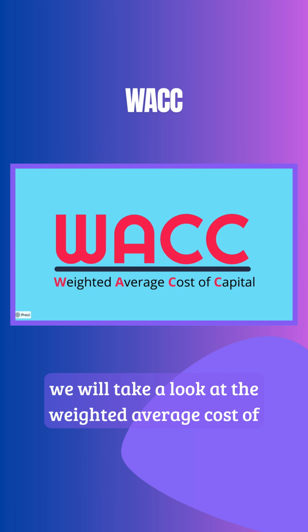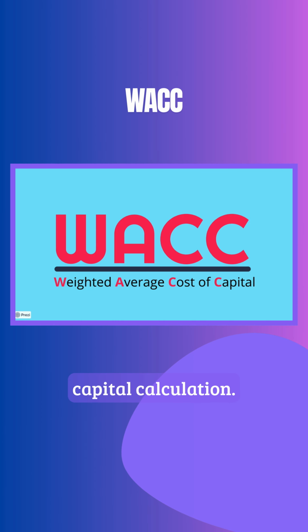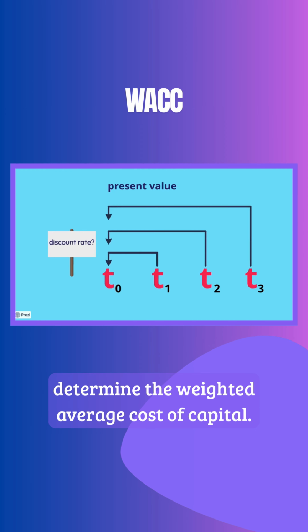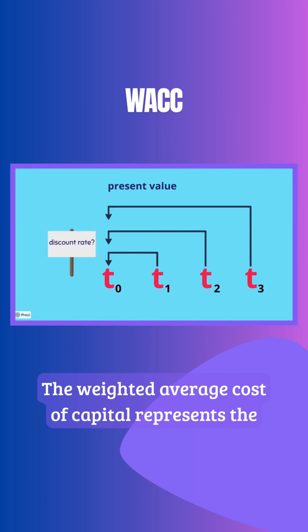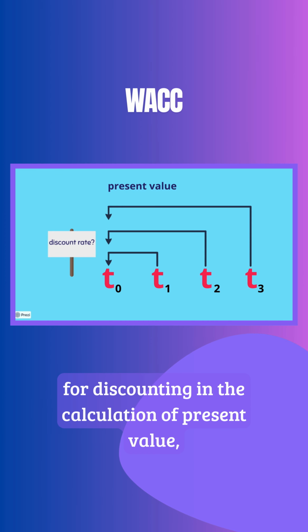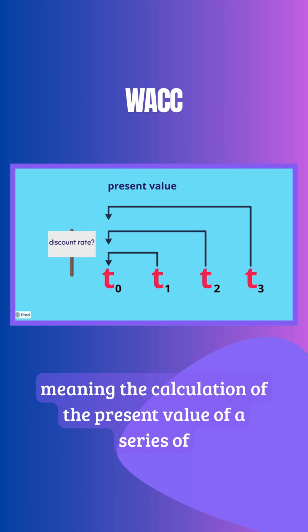Today, we will take a look at the weighted average cost of capital calculation. The purpose of the WACC calculation is to determine the weighted average cost of capital. The weighted average cost of capital represents the interest rate that forms the so-called discount rate, which is the rate used for discounting in the calculation of present value, meaning the calculation of the present value of a series of